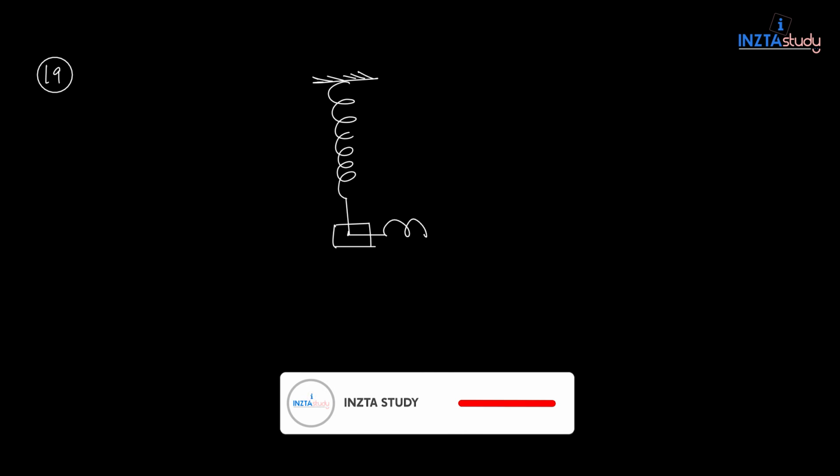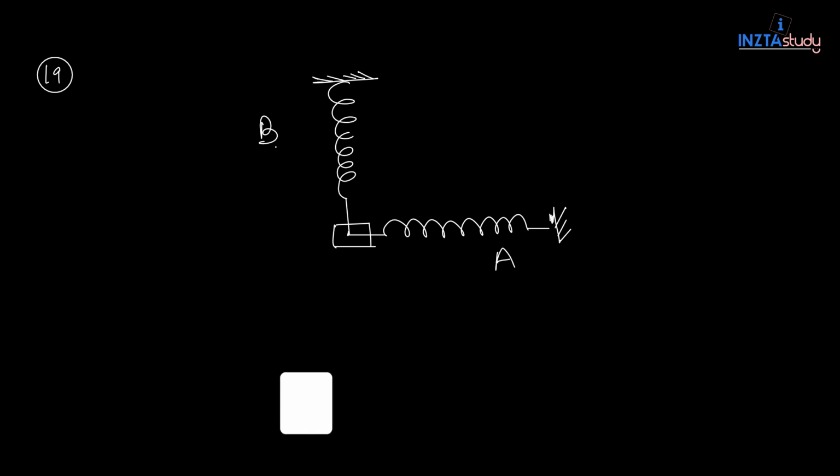Hello everyone, so this is problem number 19 of chapter SHM. In this question, there are three springs. Let me draw those springs. This is spring 1, and there is a mass attached to all the three springs. Spring 2 is at 90 degrees with respect to spring A. So let me write this as A, this as B, and there is one more spring